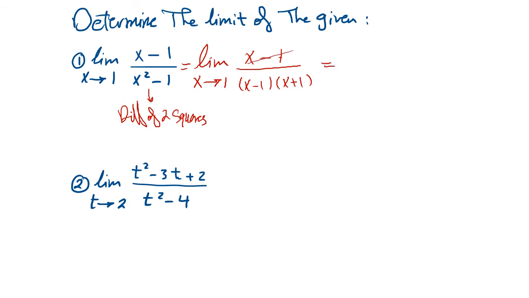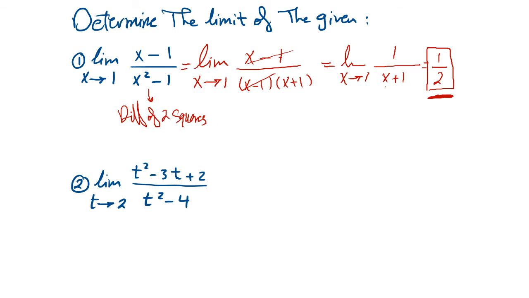So by cancelling x minus 1 with x minus 1, the expression approaches 1 over x plus 1. Plug in x with 1, so the answer will be half. So the limit as x tends to 1 for the function (x minus 1) over (x squared minus 1) is equal to 0.5, or half. For the second one, the limit as t approaches 2 for (t squared minus 3t plus 2)